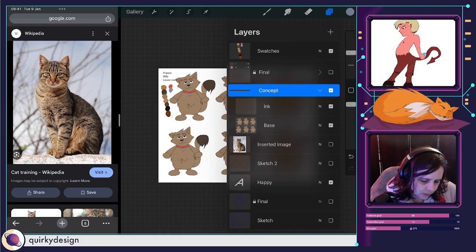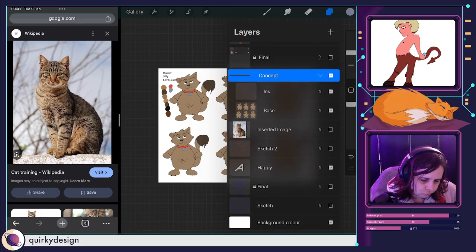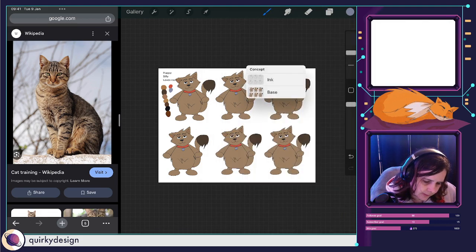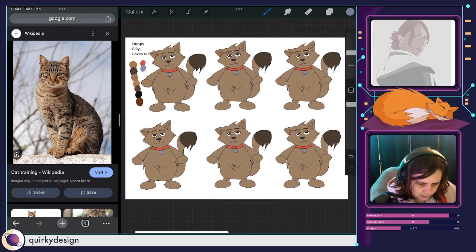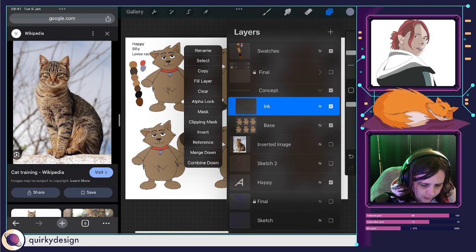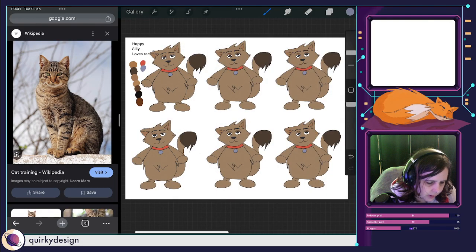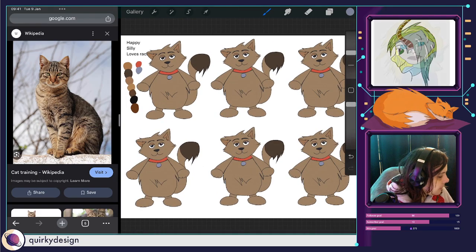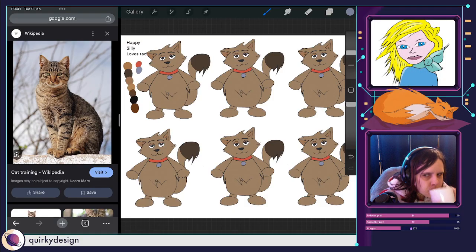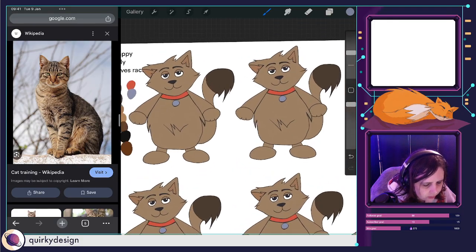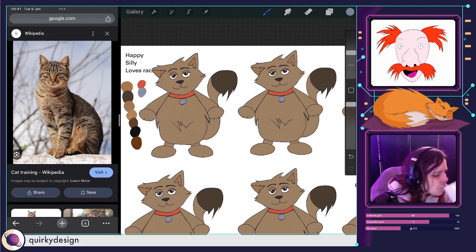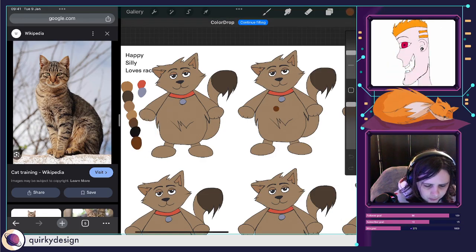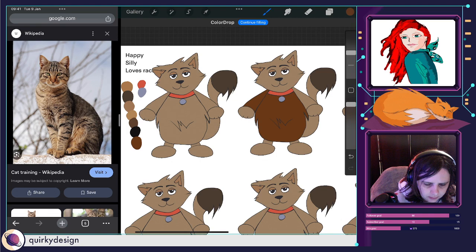So I can start messing around with the actual colours now. And it means that because I've done that, I can do that as a reference now, and I can drop any colours I need to. So obviously concept 1 is here. Concept 2 might go a bit darker, maybe.